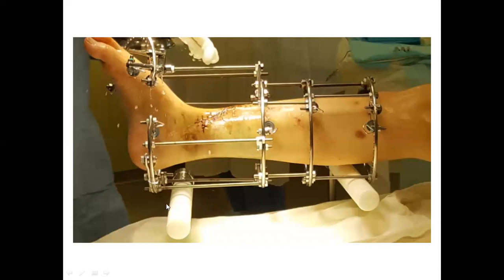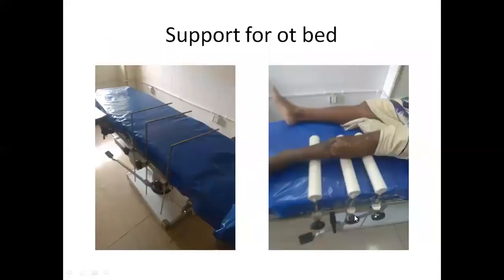This type of assembly we have seen in Kurgan Center, the acrylic bar with the stainless steel holding, with the OT table, is a very comfortable condition for ring assembly. I modified this in my setting because every OT has this type of connection, this type of plastic and stainless steel connection. I use the SS rod with 90-degree bending and welding here, and then PVC pipe to make this type of support. It is very less costly and very user friendly.